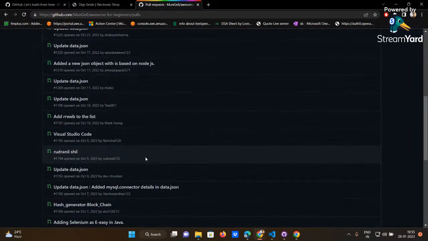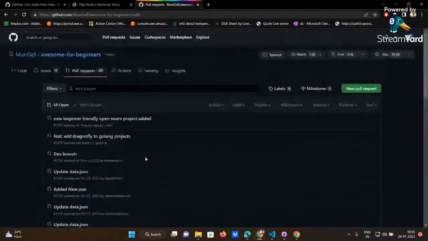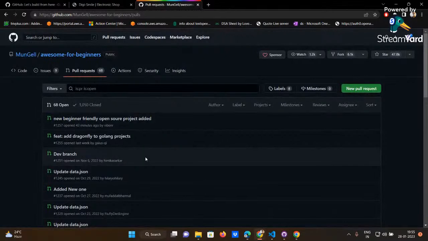Now what's a pull request? These are the people who have pulled this project onto their laptops, onto their accounts to work on it. I just talked about pull and push, right? Now this pull request is a feature that allows developers to propose changes to code and collaborate on code reviews. Developers can submit a pull request to propose changes to the code, and other developers can review and discuss the changes before they are merged into the main branch.